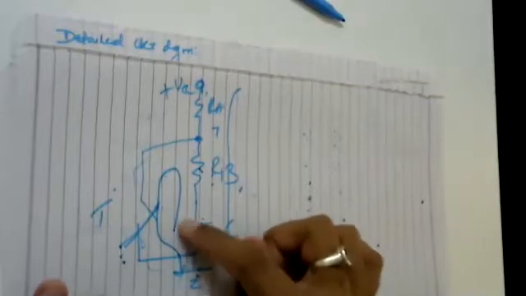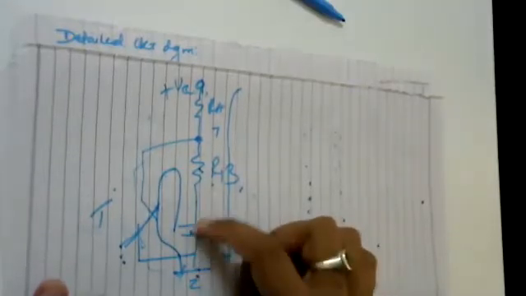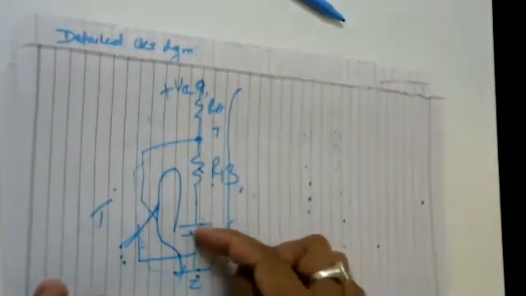Because now in this case, your C is acting as a source. Since C is acting as a source, whatever energy is there in this C, it wants to discharge it. Understanding? Is it clear, Sneha? Yes? Okay. So now,